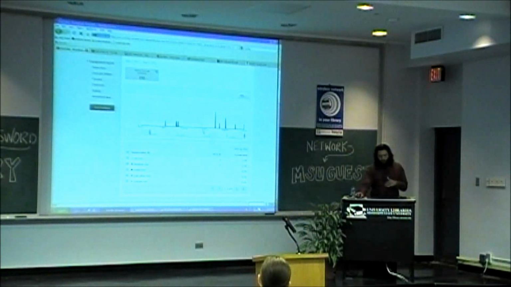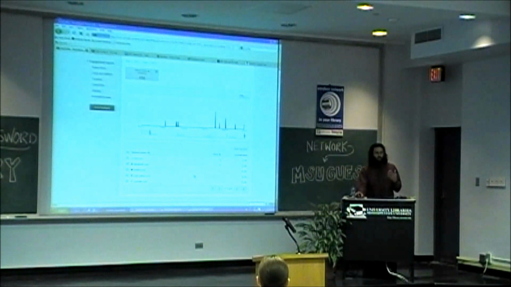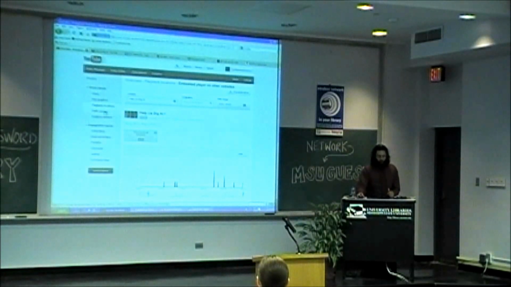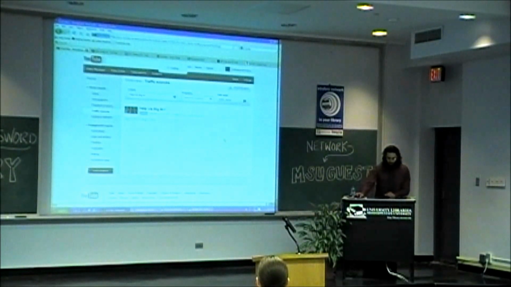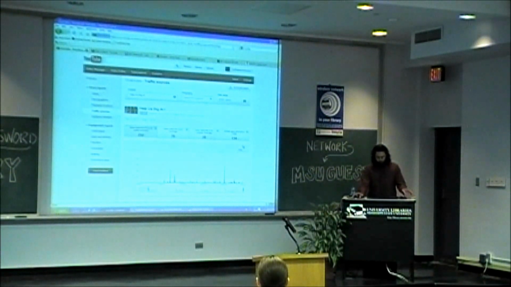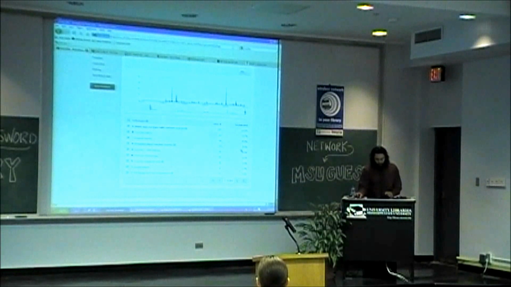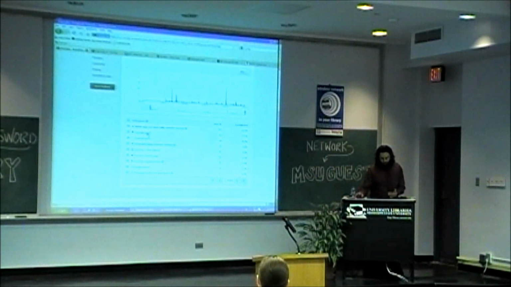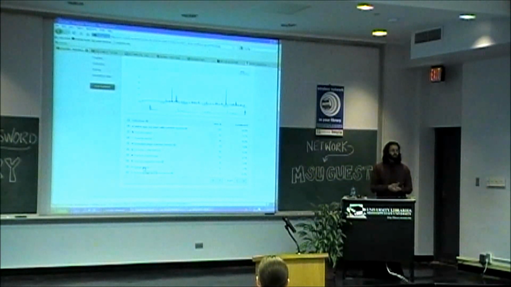Now, another way that you can get a little bit more detailed information, so this kind of shows you a little bit of an overview, but if you click into traffic sources here, and scroll down, this shows you a level that's even deeper because you can see folks that have searched for the video on YouTube, folks that may have searched for it through a Google search.